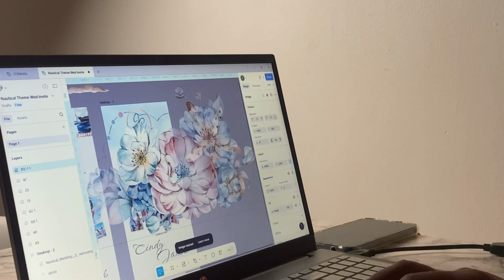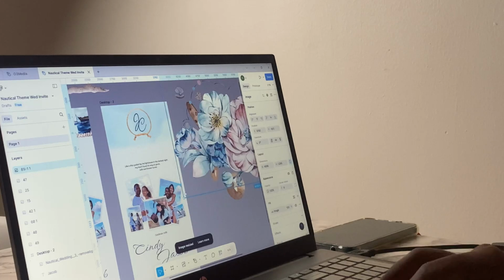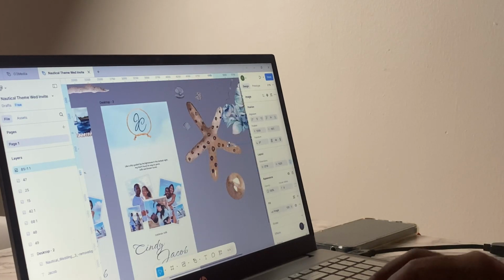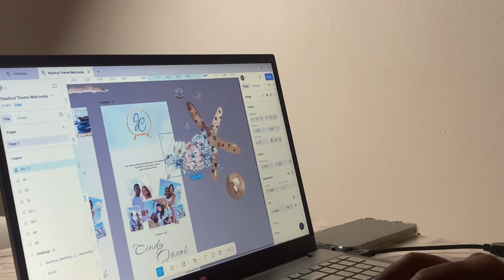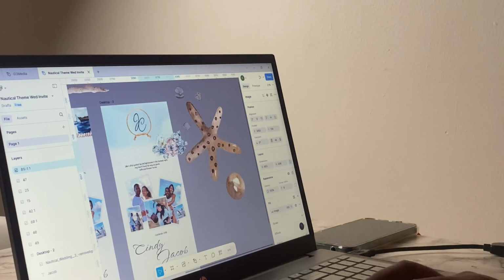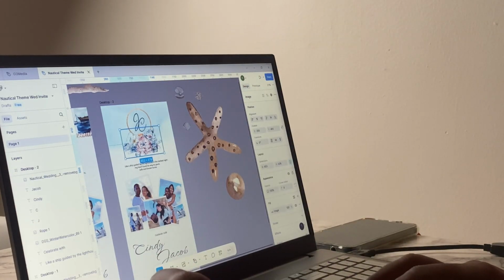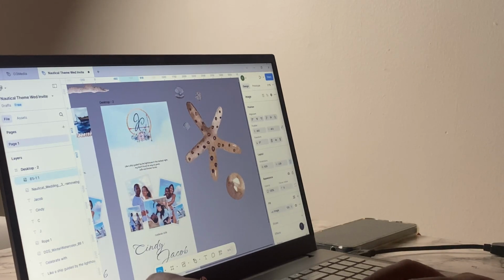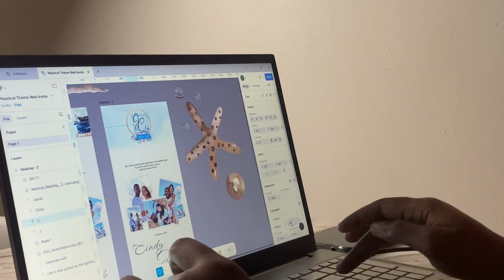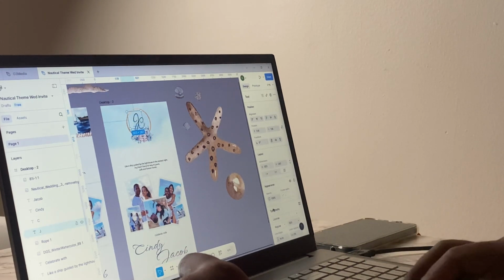And then on top of that, I wanted to add some flowers to the website just to give that elegant kind of look. These flowers definitely matched the whole theme of this soft nautical vibe that I was going for. I didn't want the rough, rigid kind of feel that I had in the previous design. This one is a bit more soft, so the flowers definitely added to that look.